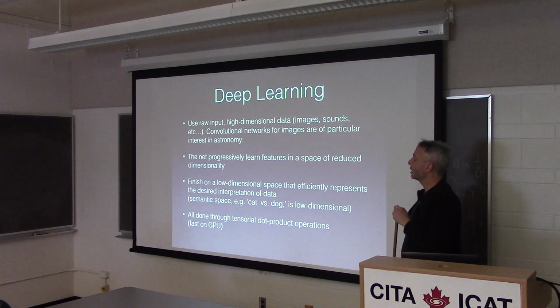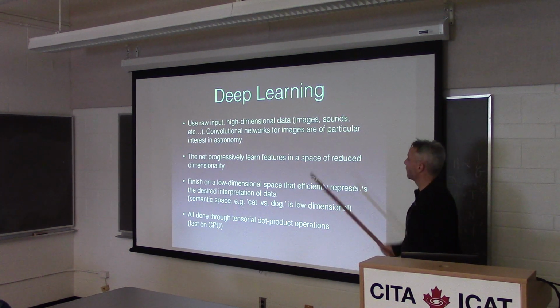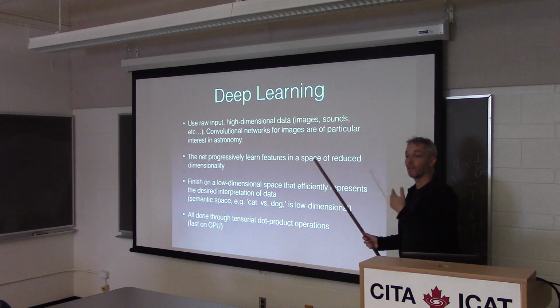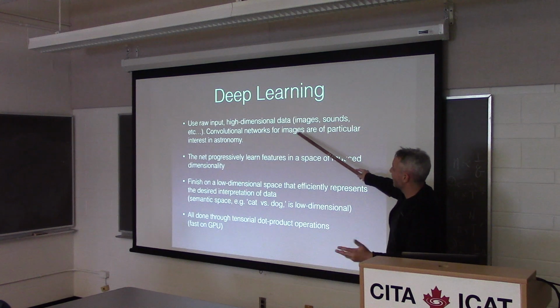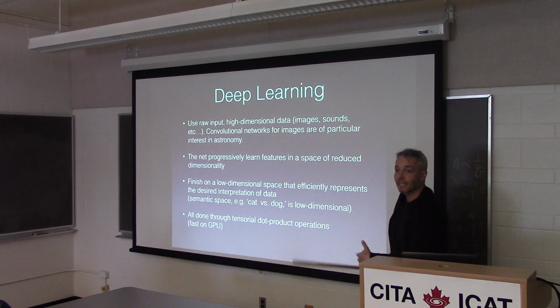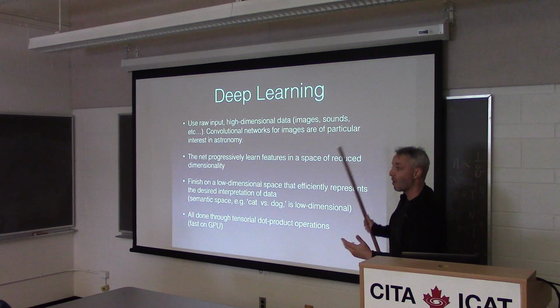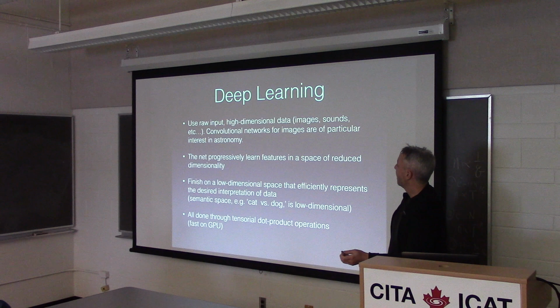The typical networks used for that, and I'm going to discuss basically only that, are called convolutional networks because they operate through convolution operations. I'm going to say convnets are particularly interesting for astronomy. We have so many images, big data sets. It's possible there are more applications of convnets to astronomy that have not been thought of yet. So I'm focusing on convnets from now. The idea behind